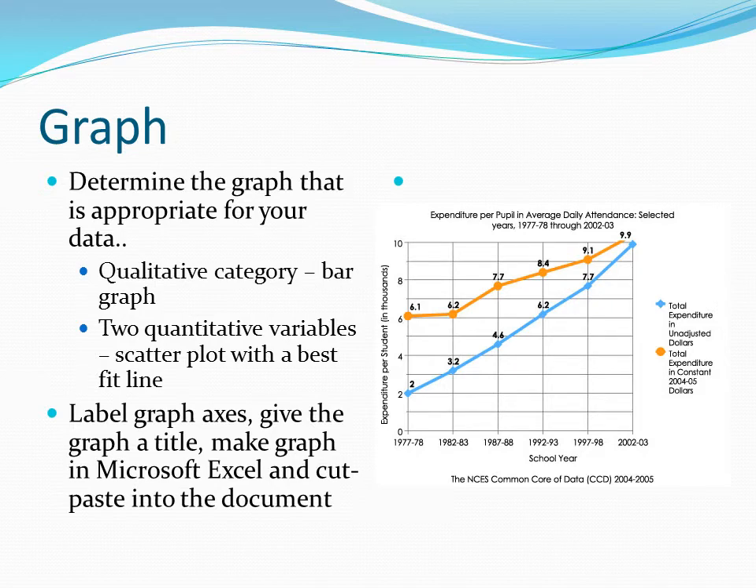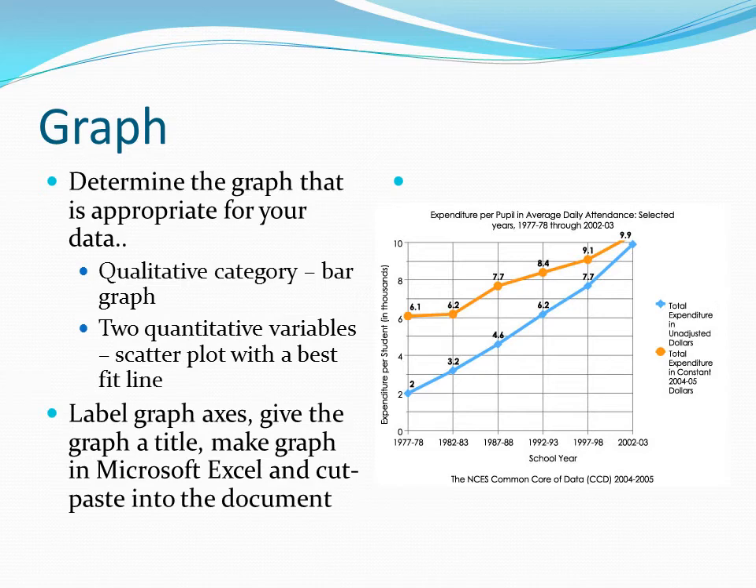Second, a graph. So determine the graph that is appropriate for your data. That's always the first step. What kind of data do you have? Did you have different categories of things and you took numbers on those? Well, if you have that sort of thing, this qualitative category type, you'll need a bar graph. If you have two quantitative variables, like something that's a number that's changing over time, and the example we have here would be a good example of that,